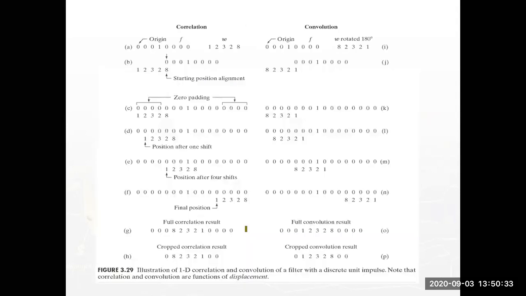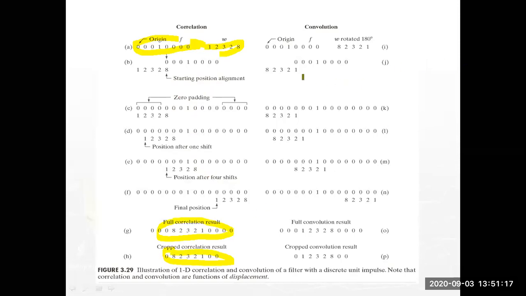After that we discussed correlation for one dimension and convolution for one dimension. It is very easy. In this figure, this is my original signal and this is the window. Using these two, by padding and normal multiplication, you get the full correlation like this. But we don't want the full correlation; we need only 8 samples, so we get it by cropping the left side and right side.